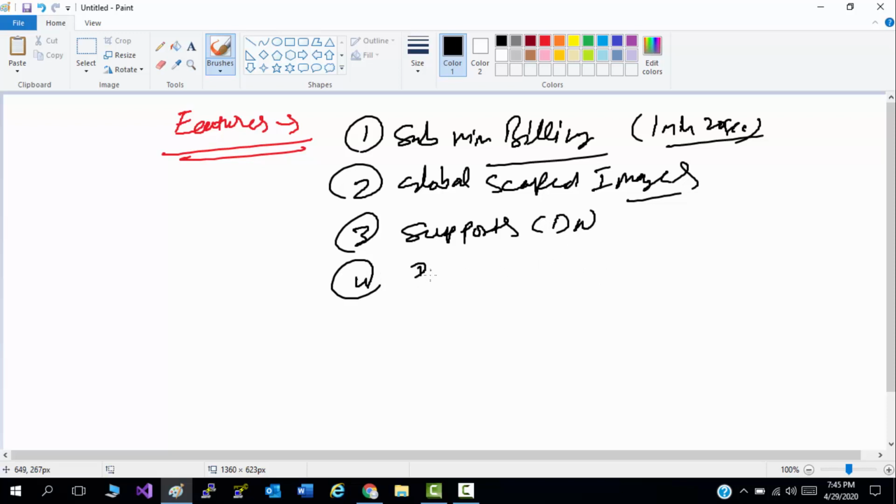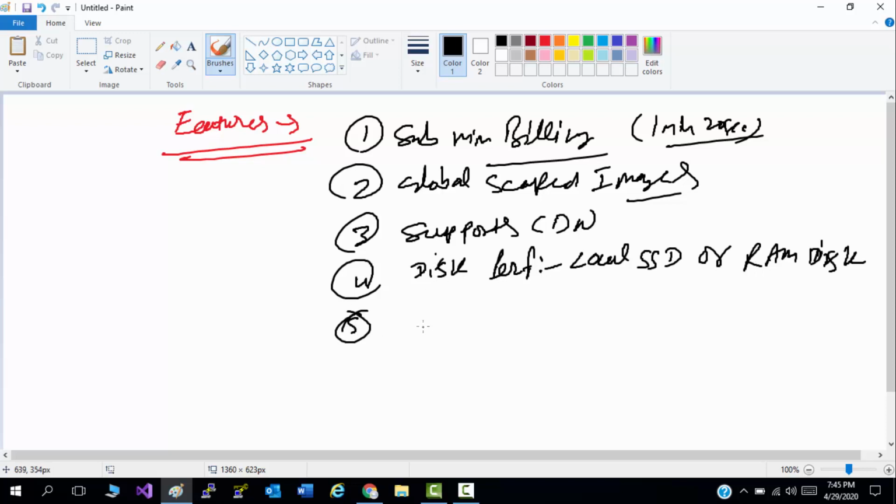It supports content delivery network, so you can cache your static content on your edge locations. Now, disk performance. In terms of disk performance, you can use local SSD or RAM disk. Number five is high network performance.